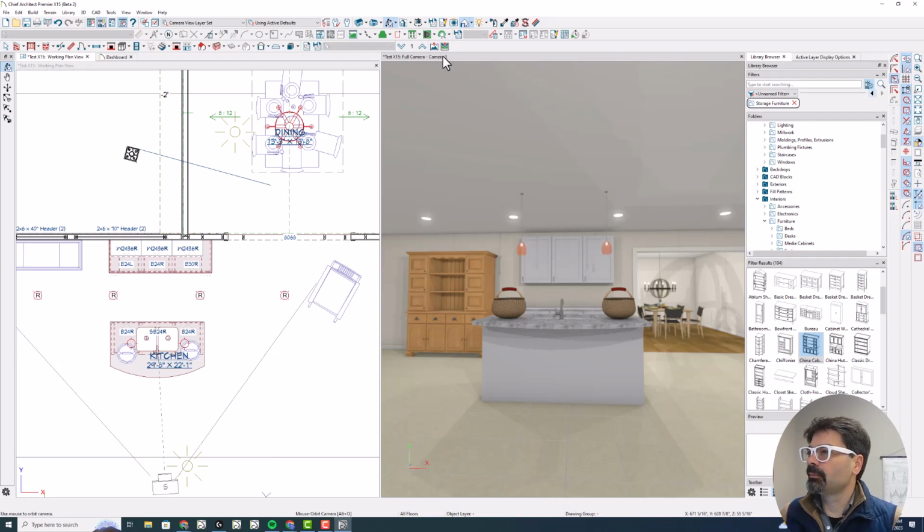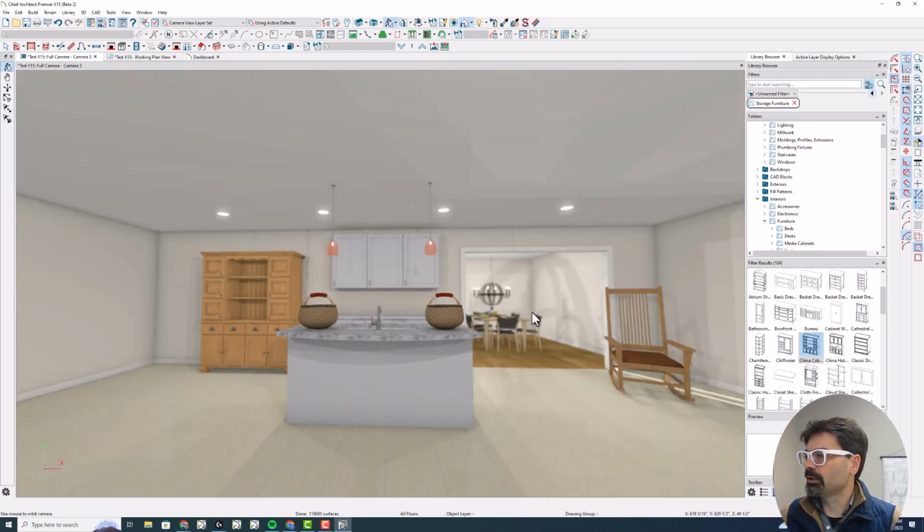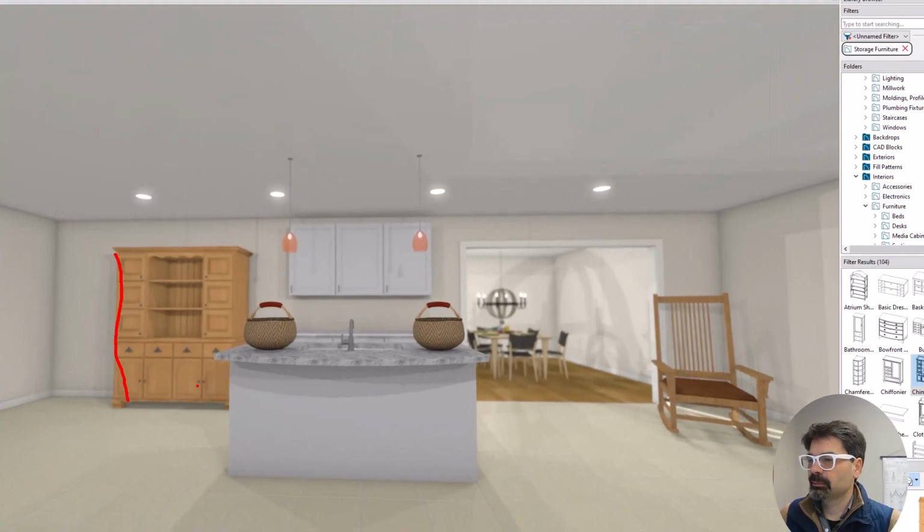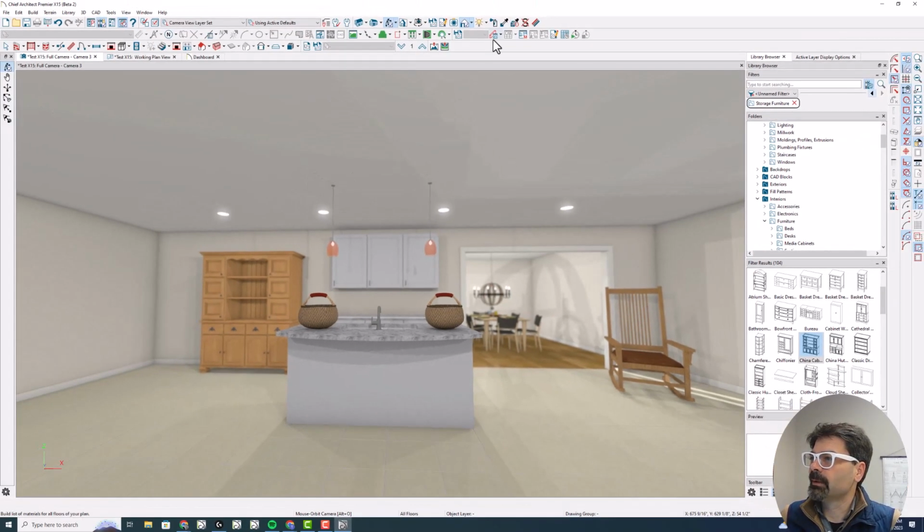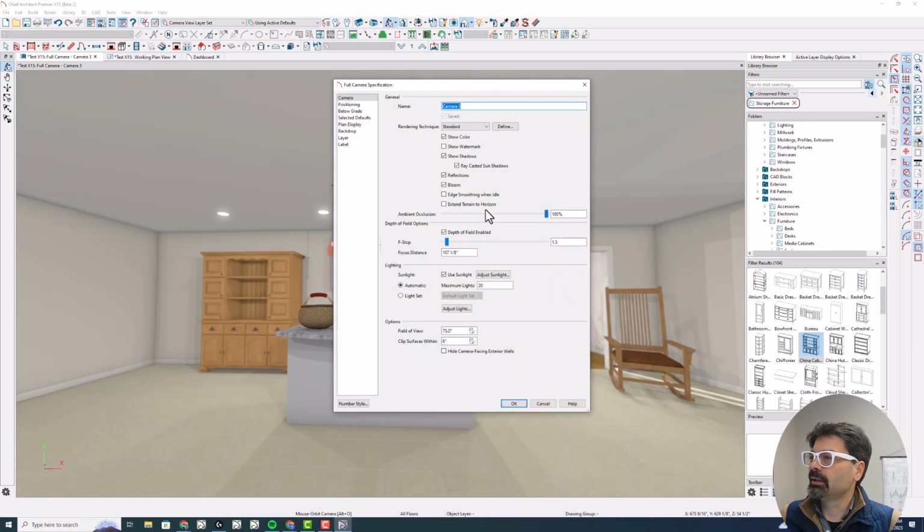So another, I think this is a cool feature. If we expand this, you can really see how the hutch is out of focus. The rocking chairs is starting to get out of focus, and this dining room is definitely blurred and out of focus. So a fun new tool in Chief Architect X15, this depth of field options, not quite like a camera, but